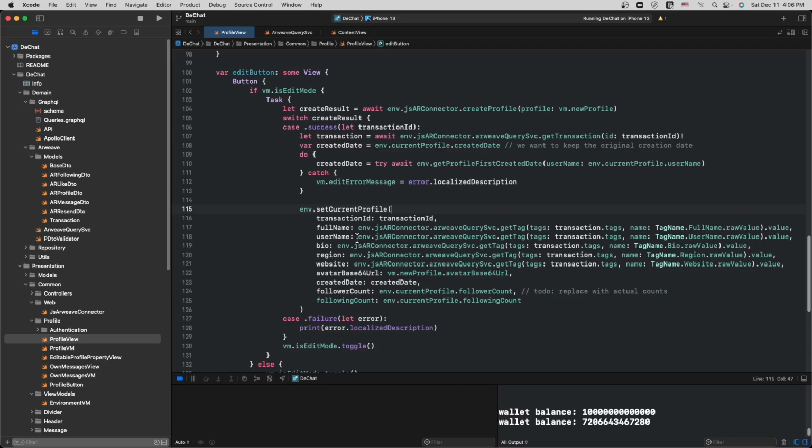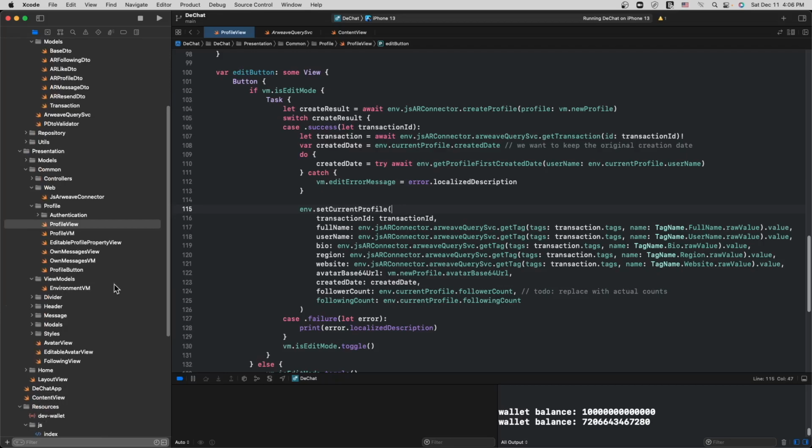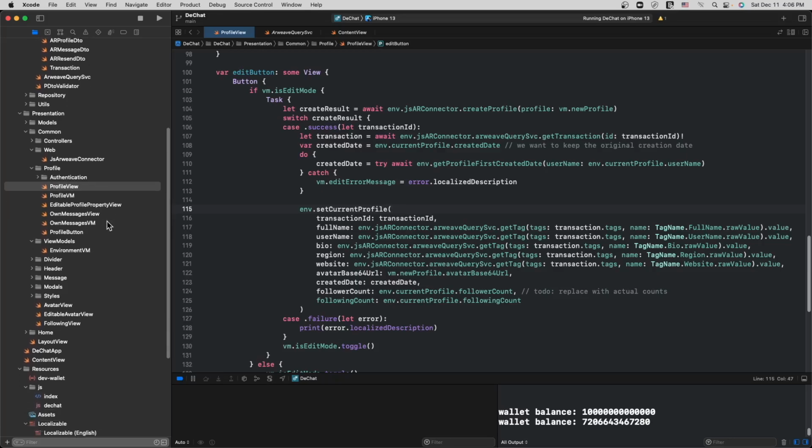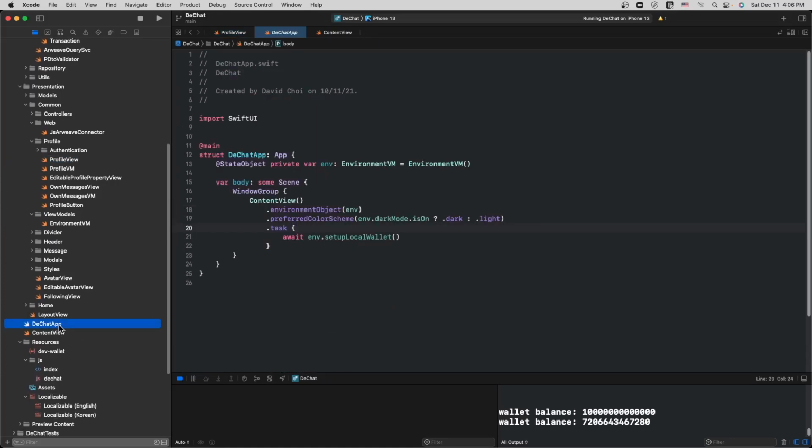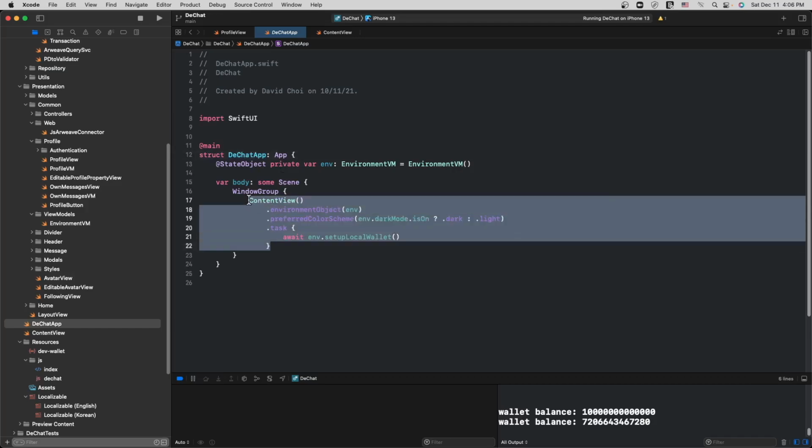So the screen that you saw before is mostly created, or those views and components are mostly created, in this profile folder. Just to give you a high-level overview of the application, this is a SwiftUI app. We have our main app bootstrap or app launching structure, which is DeChat app, and then we have the main screen, content view.